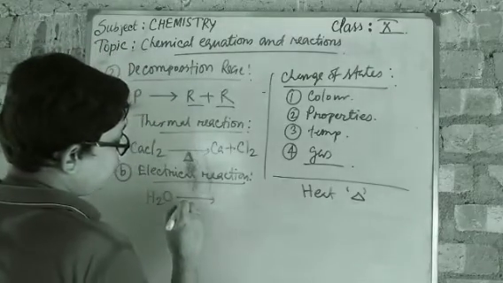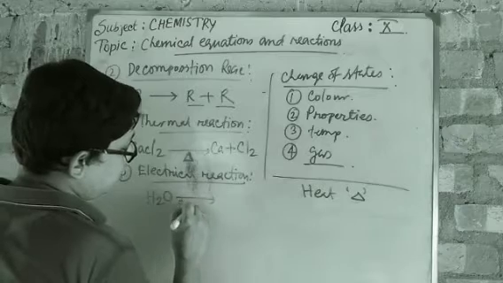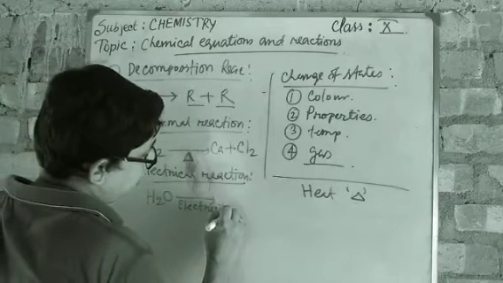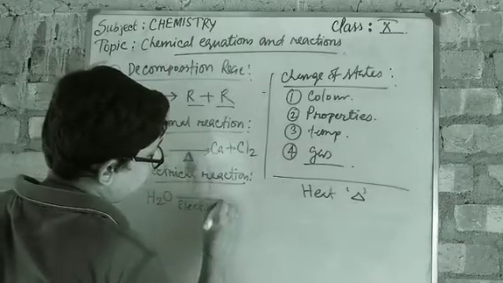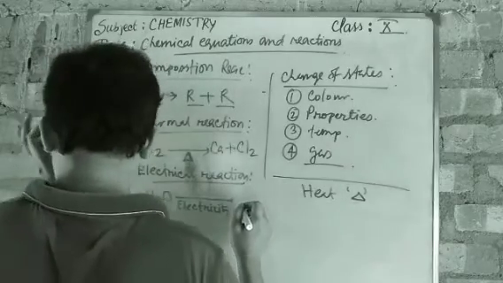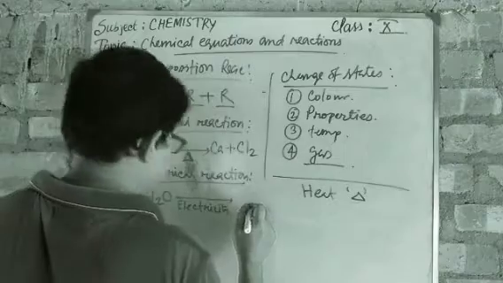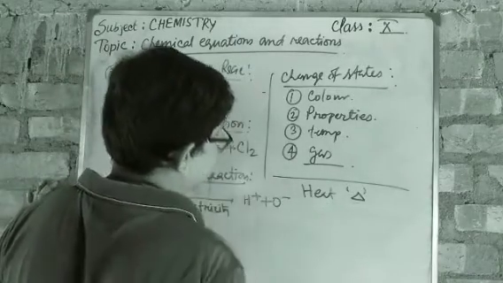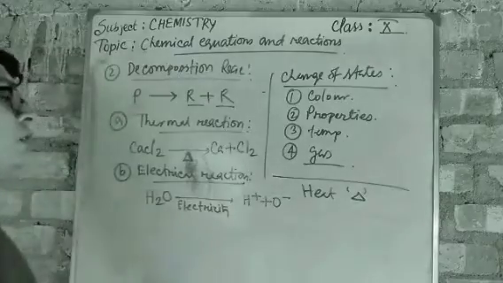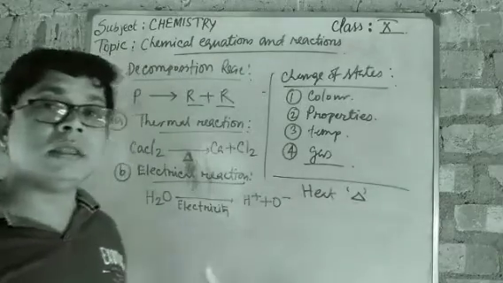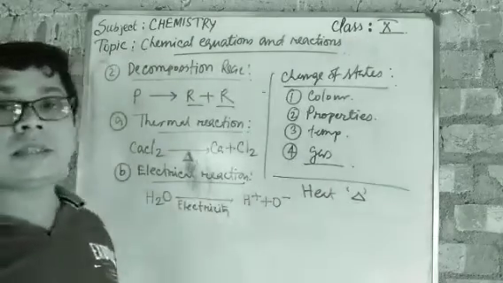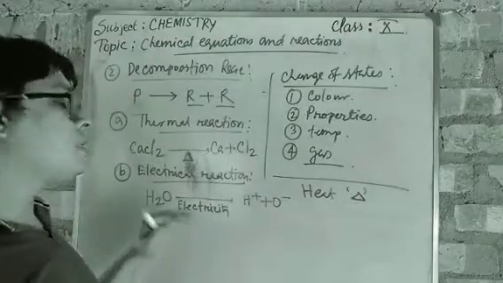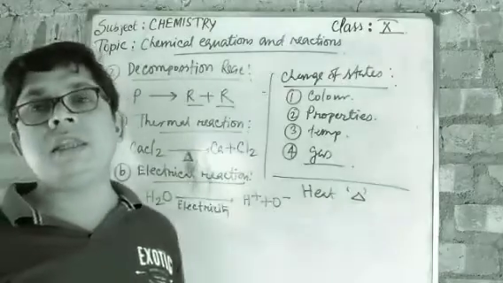Okay, so if I pass electricity through it, it will come as H plus and O minus. Look here, it is clearly seen that H plus is the cation and O minus is the anion. It means whenever electricity passes through any kind of medium,